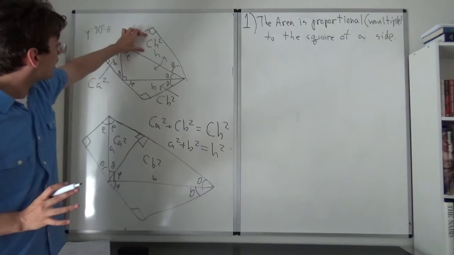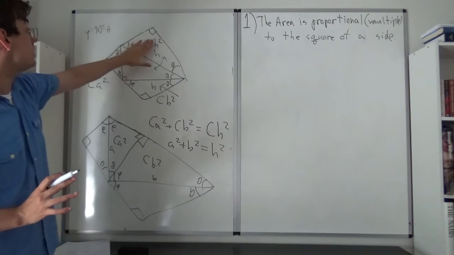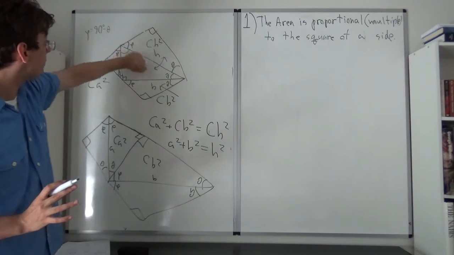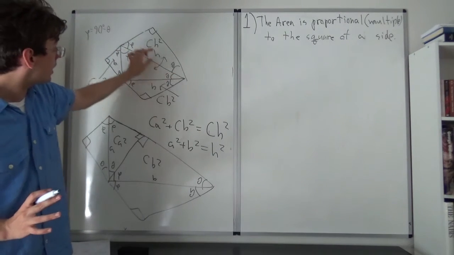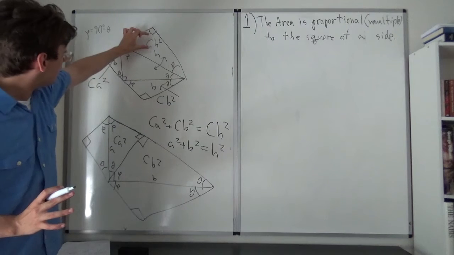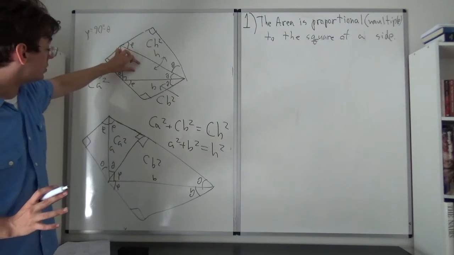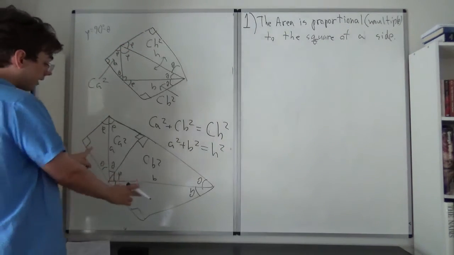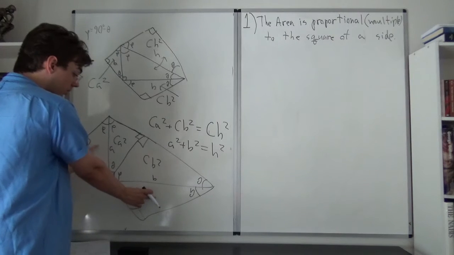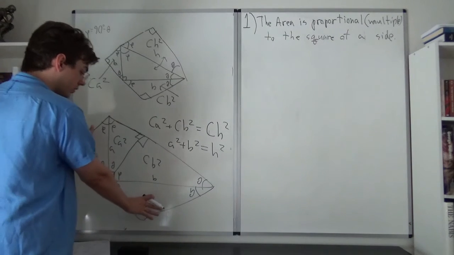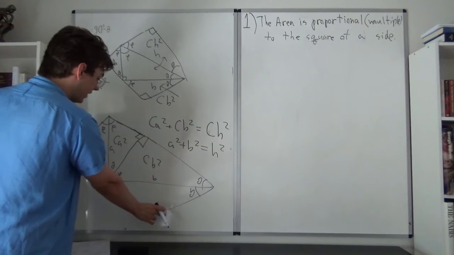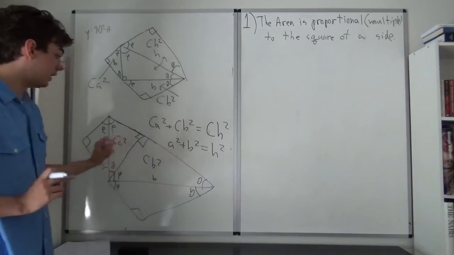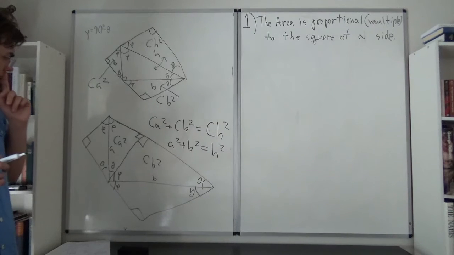Because these triangles are all similar here, and this one is congruent, it shares the same side, so we get that it has the same area as the original triangle. And we see here how these two smaller triangles, similar to the big triangle, can be fit together so that they are the same here. Alright, now